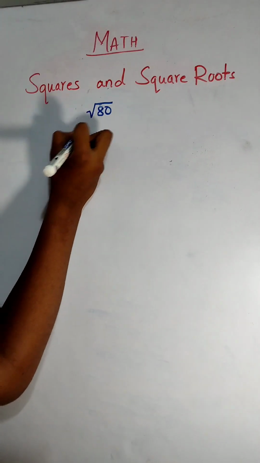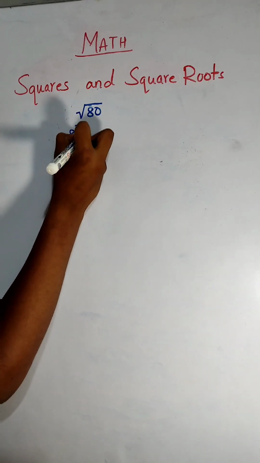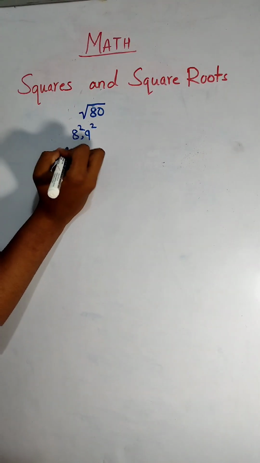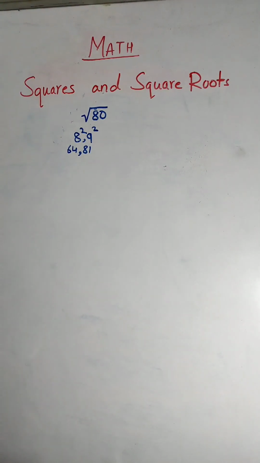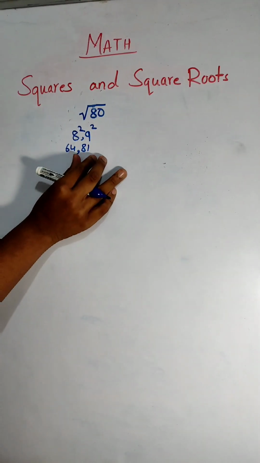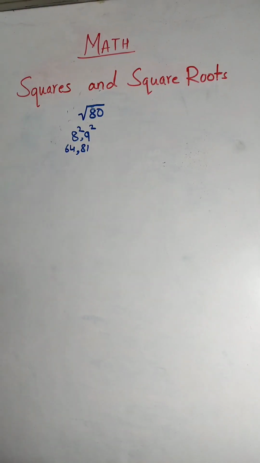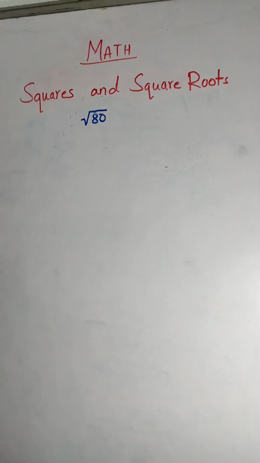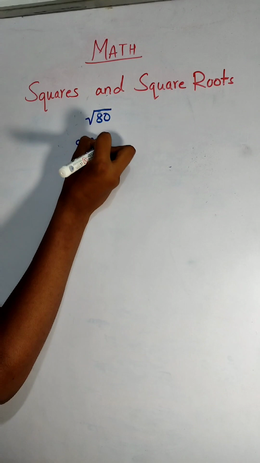We can also take this number to be in between 8 square and 9 square, because 8 square is 64 and 9 square is 81. So we can see that 80 is closest to 81. So the root of 80 is approximately